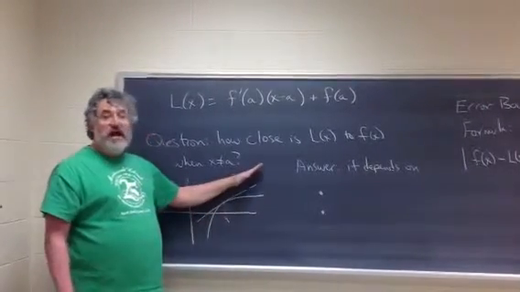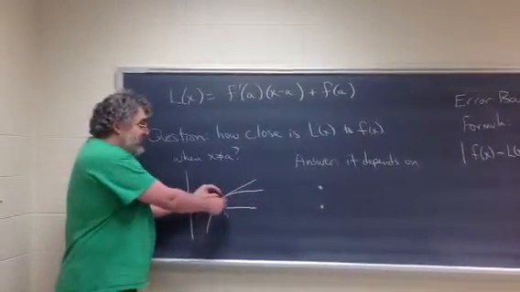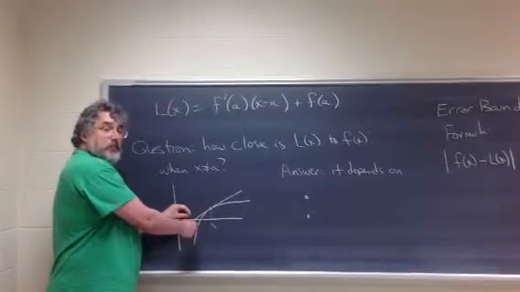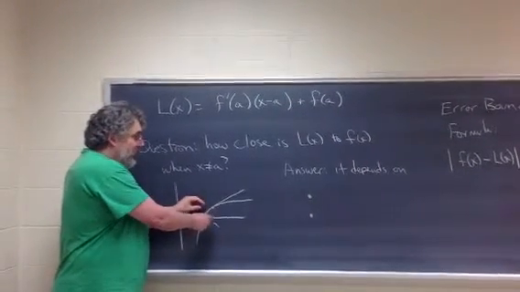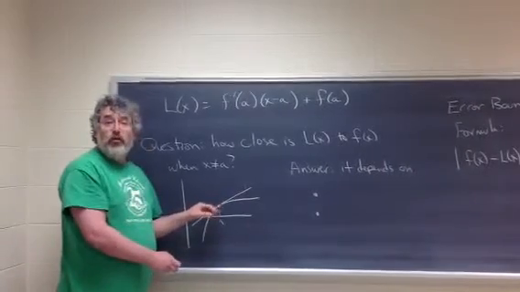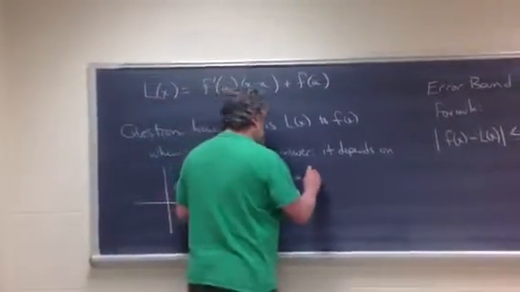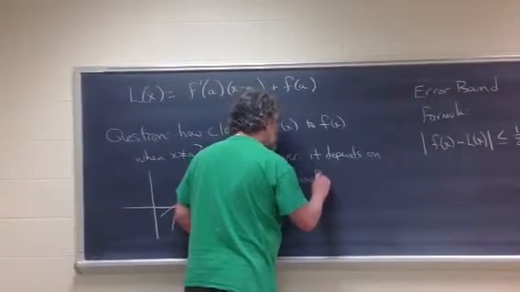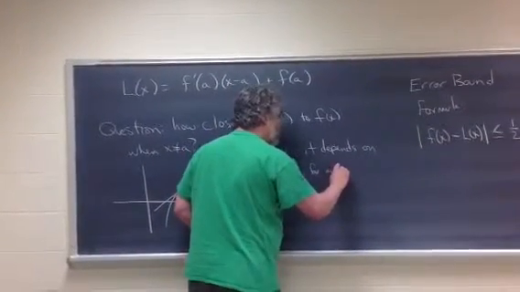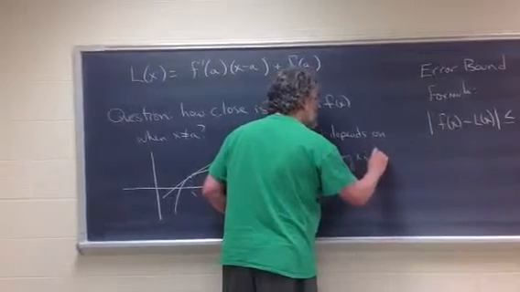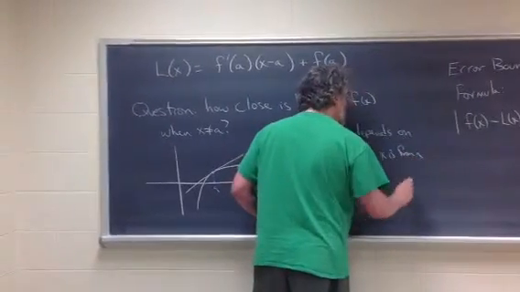This is the linearization. How close is it? Well, notice, as you move farther away from a, either way, it gets more off. That makes sense, right? This is going to depend on how far away x is from a,